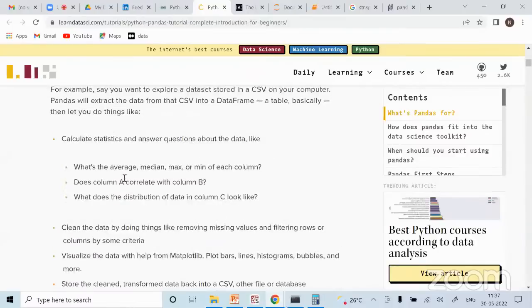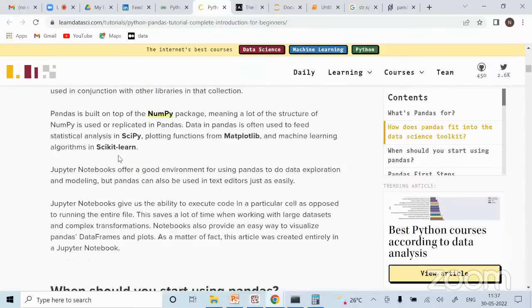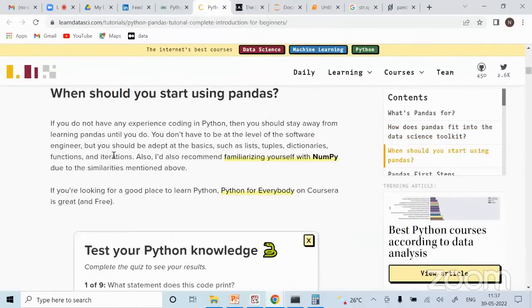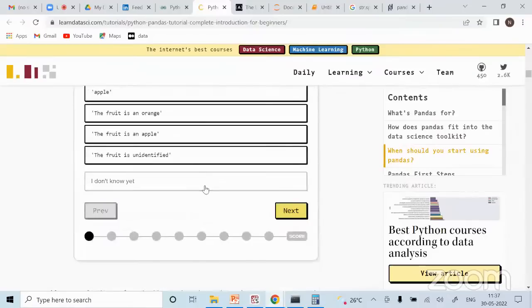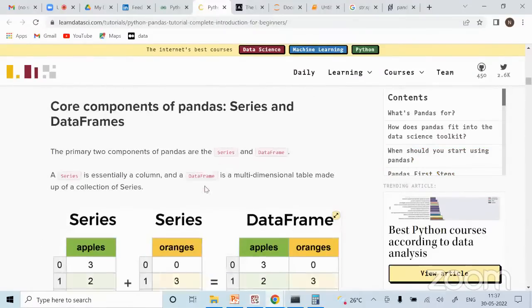It's mostly for using data frames. Then when should you use it? Wherever you have to deal with data. It is built on top of NumPy, so it has many more functionalities than that, and that's why it is mostly used, right? Then how to install and all, everything is there.